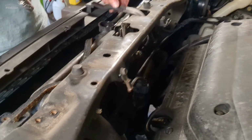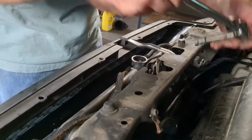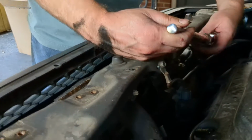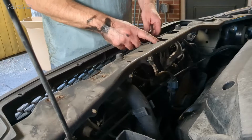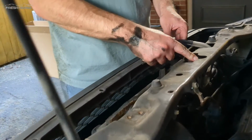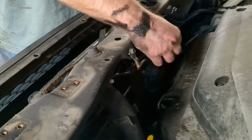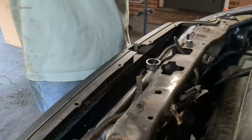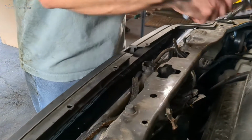A few quick things you need to do here. The hood latch is obviously in the way, and short of bending this up out of the way, which is a bad idea, there's another 10 millimeter right here. So this is loose, and what I had to do is push on it here to get the latch underneath, and fingers crossed that should give us literally just enough clearance to get the radiator straight up. So next step is there's a bunch of 10 millimeters right here,